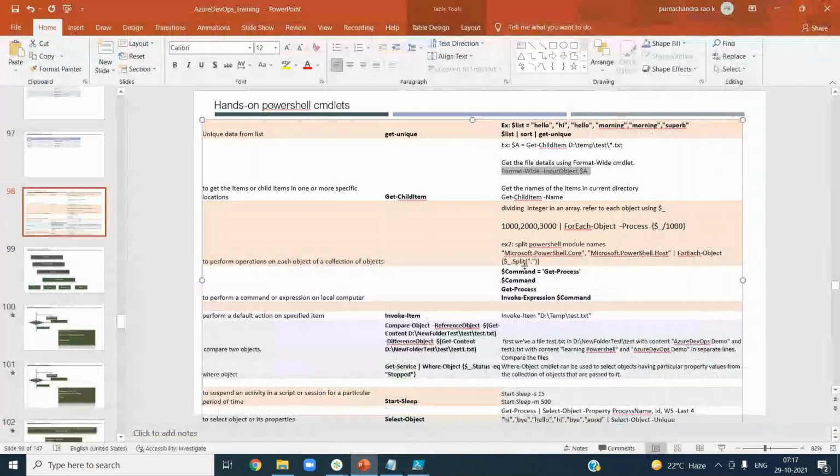Generally, another frequently used command is this: you will have a list of values. So here you have a list of words, right? Similarly, you will have a list of values, and probably you need to do some logic on top of those values. Let me show you how you do that.